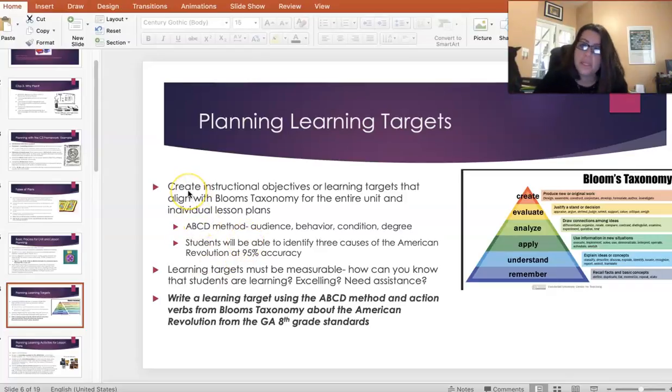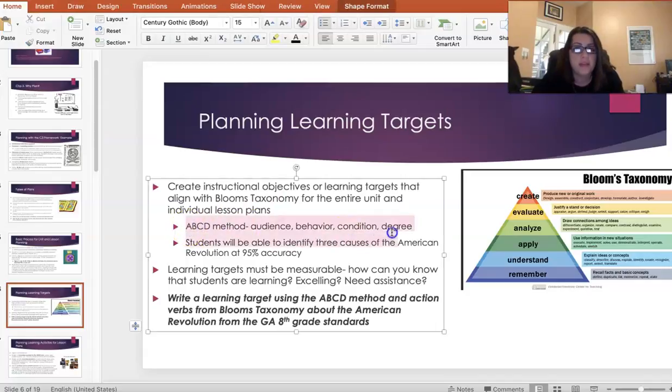But basically, when you're planning learning targets, you want to create these objectives or goals that align with the action verbs in Bloom's taxonomy, both for an entire unit plan and then individual lesson plans. For our purposes, you're going to be thinking about writing at least 1 or 2 learning targets for your one lesson plan. And so this ABCD method of writing a learning target is a really helpful suggestion when thinking about